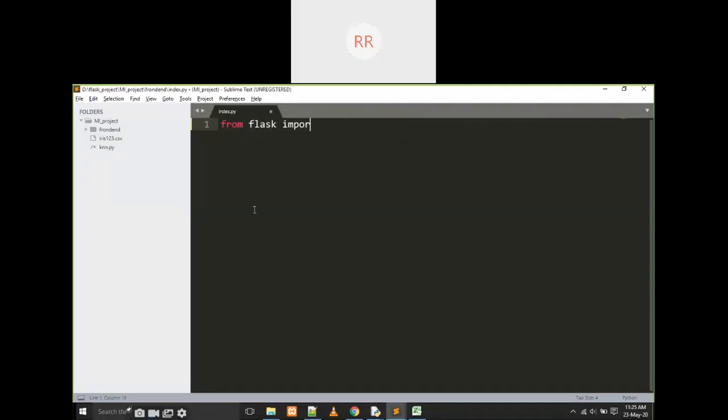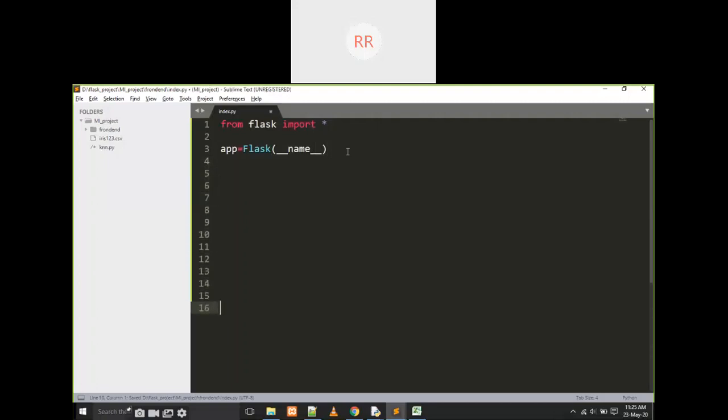from flask import star. Okay, now I am going to create an object, app is equal to Flask of double underscore name double underscore. We are going to create an object of that Flask here.